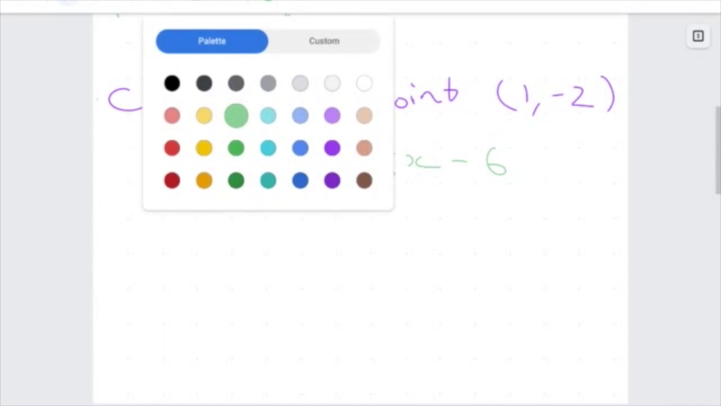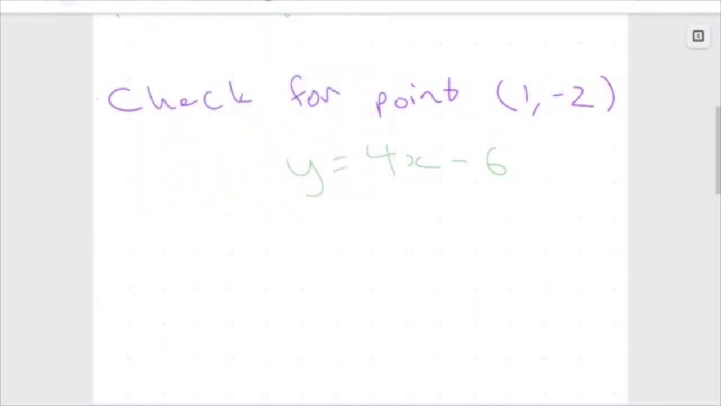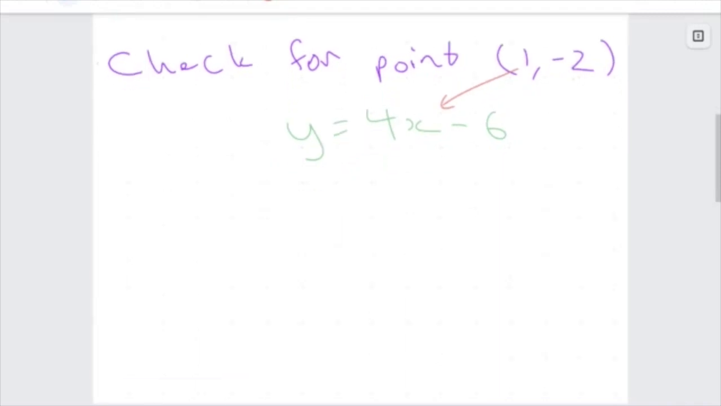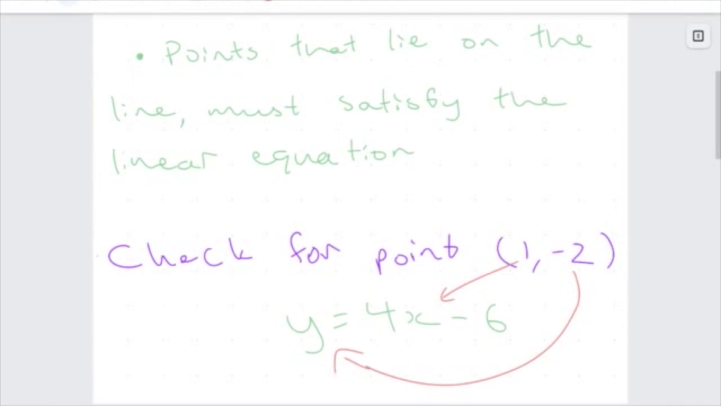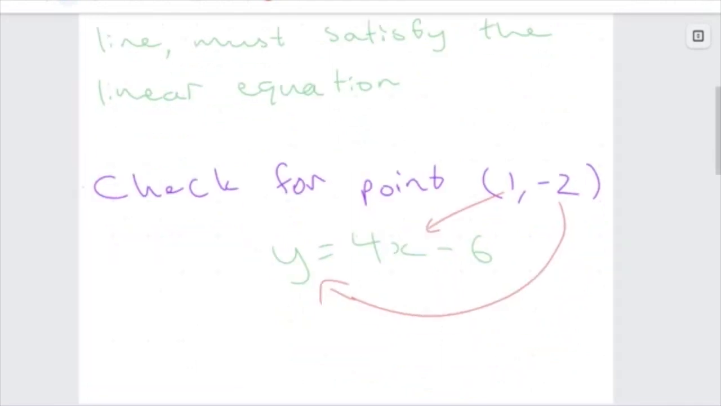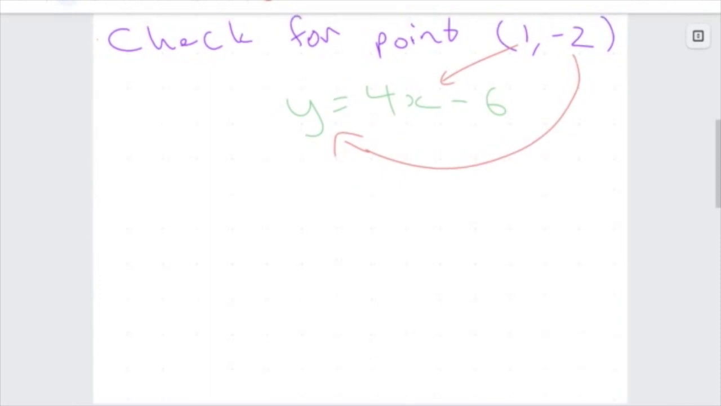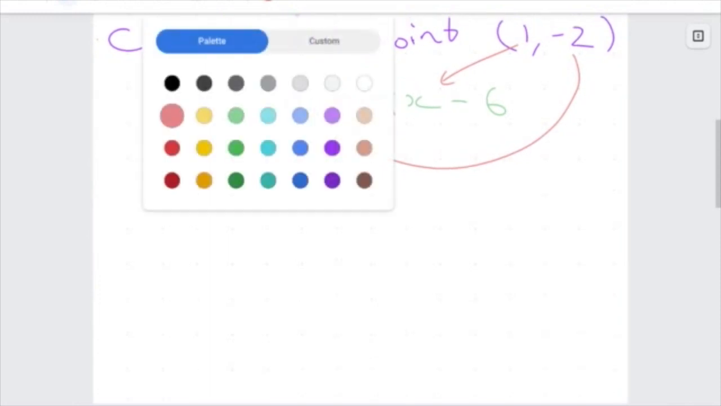And from here, I can just go, all right, well, this is my x coordinate. I'm going to sub that into there. And this is my y coordinate. And putting this in is going to give me a sense of whether the point lies on the line. So back to this little dot point I've made, points that lie on the line must satisfy the linear equation. So plugging these in, I get that